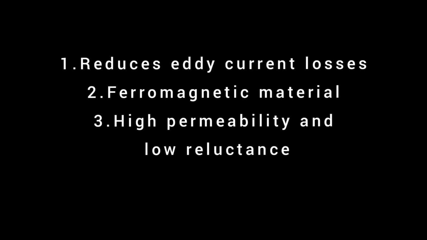In order to reduce this eddy current, that is by reducing the conductivity without destroying its magnetic property, it is required to add 4 to 5% of silicon to the steel. If the percentage of silicon content increases, then the steel becomes more brittle. The lamination technique is used to further reduce the eddy current loss, that is, the cross-sectional area for the flow of current gets reduced.